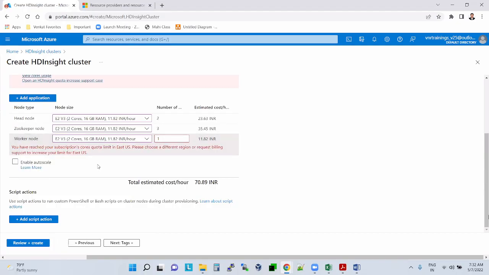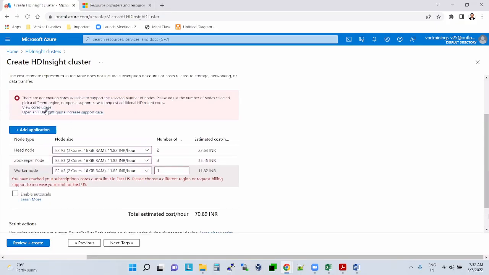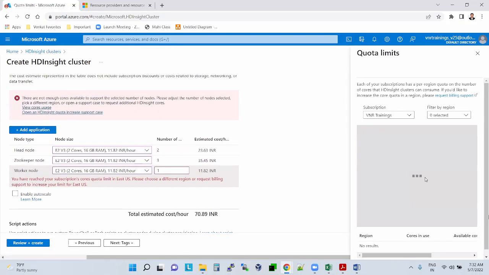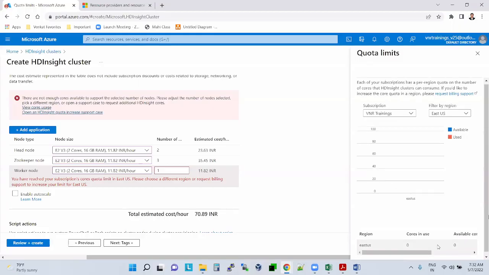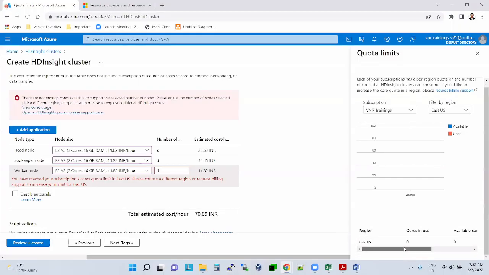Can you click on view core usage at the top? It says 0 actually. Cores in use, available cores 0. That is the problem. This subscription does not have the cores.